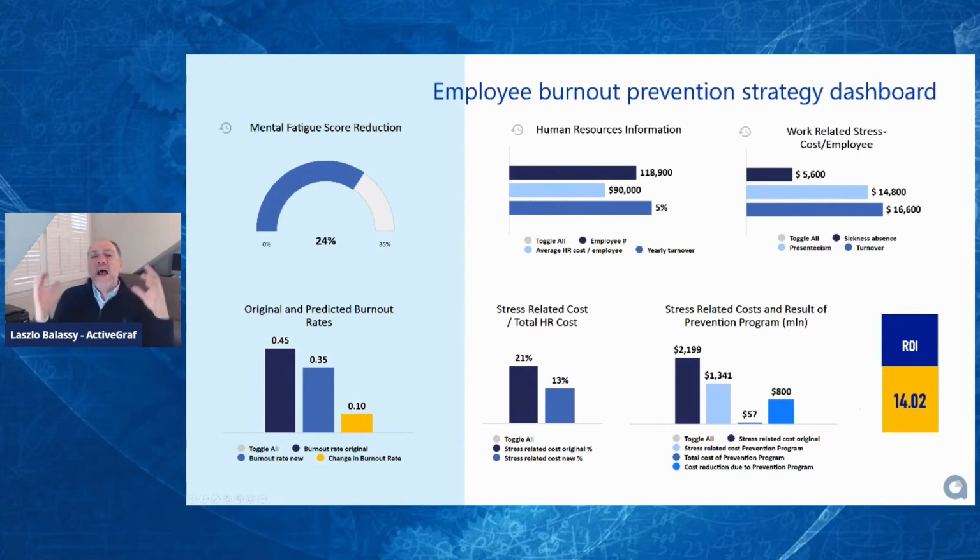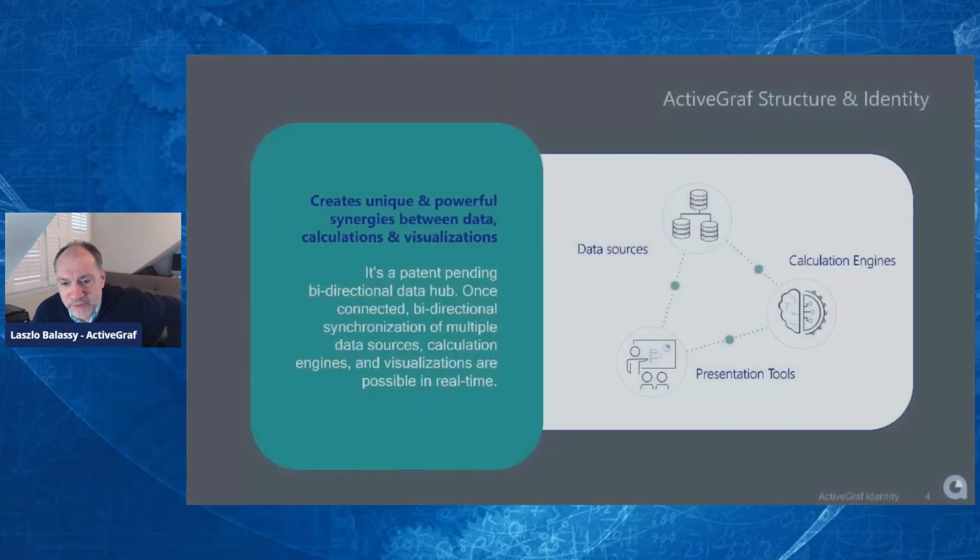So you see how much more dynamic and better decisions you can use with your machine learning and your AI by running and iterating those algorithms live in decision-making context. So how do we do that? You've seen the impact now and how our ActiveGrafs work. They actually run the quant and immediately show the results, even with machine learning running live, which is quite fast. Let's go to how we do that.